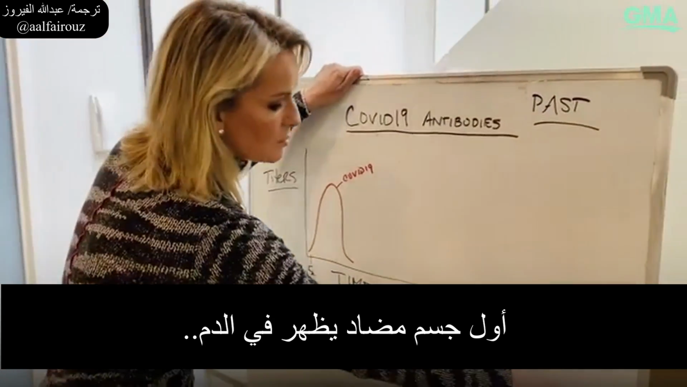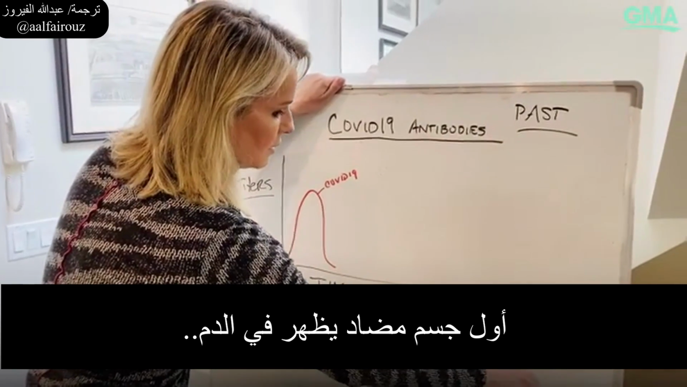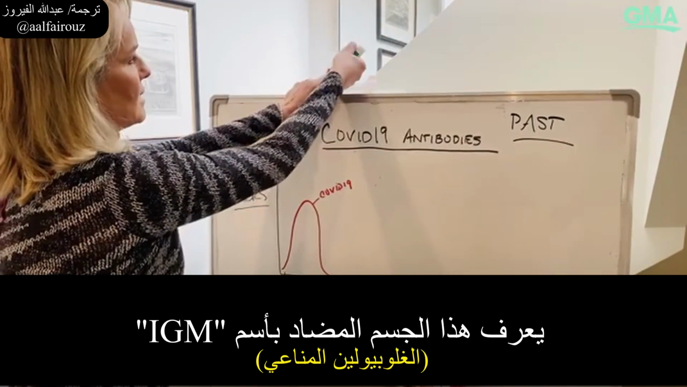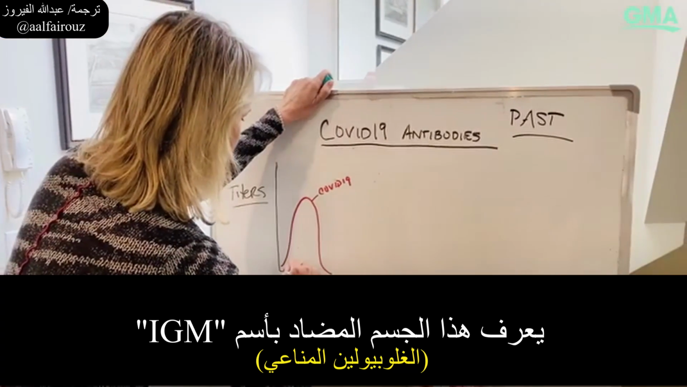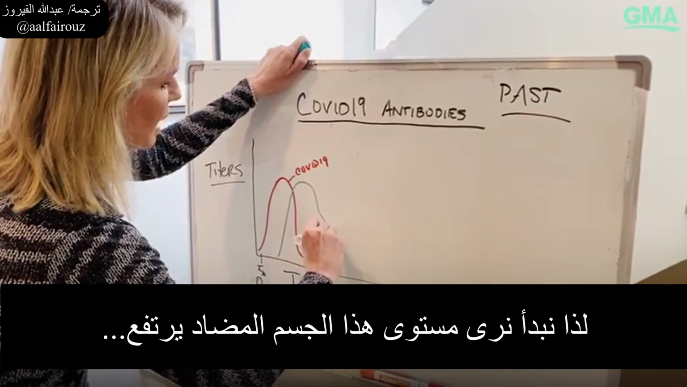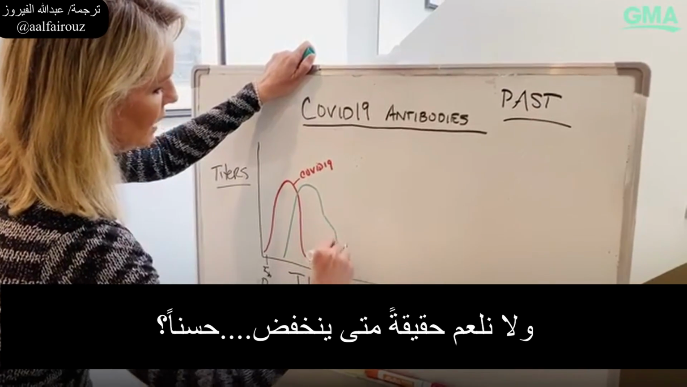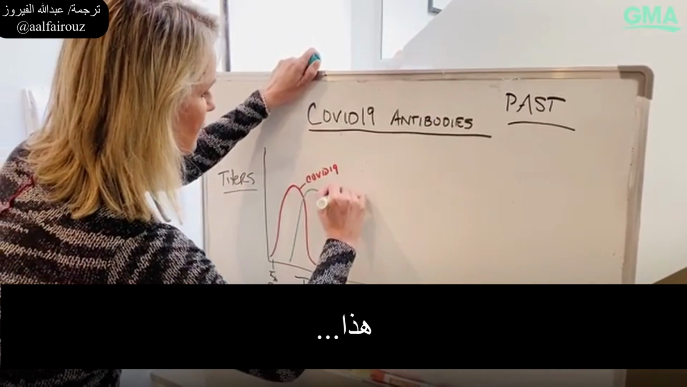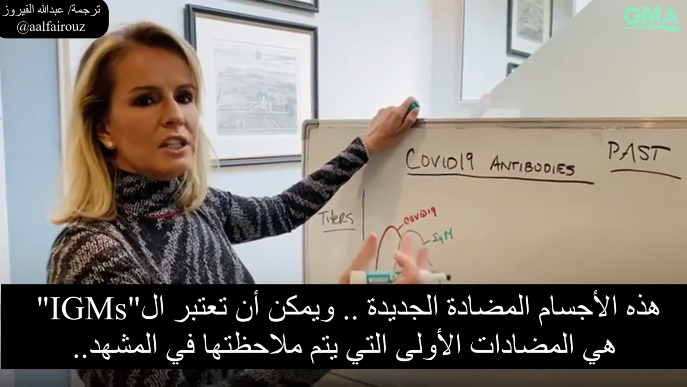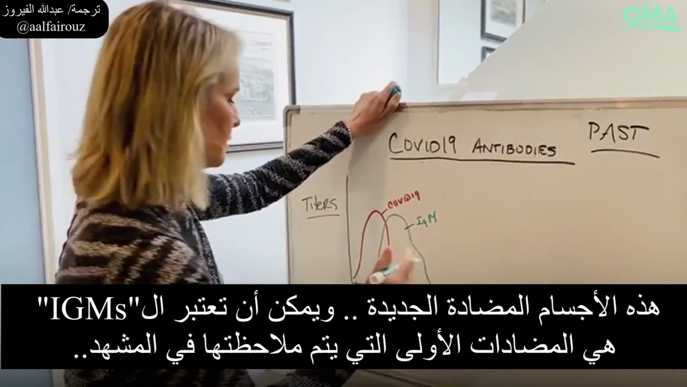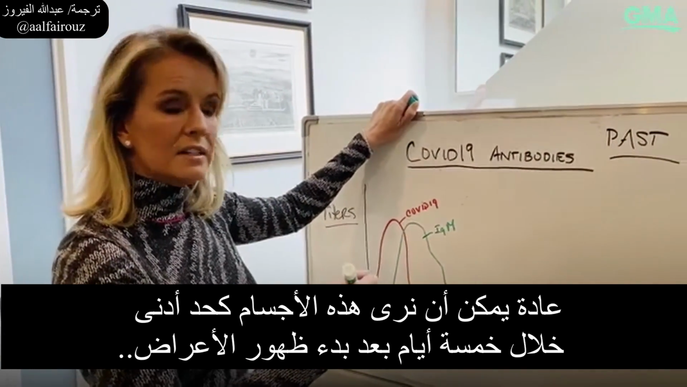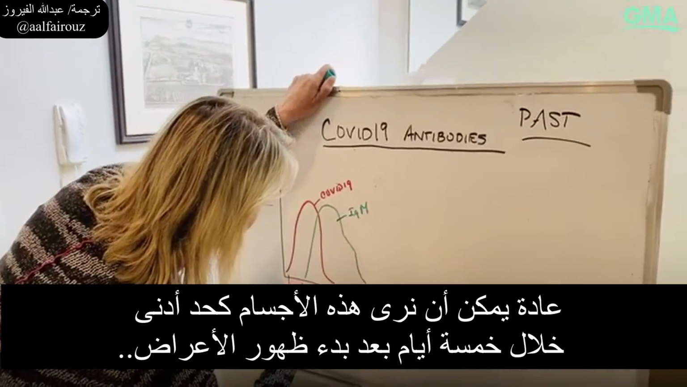The first antibody that appears in our blood, and I'm going to use green, is an antibody known as IgM. So we start to see that antibody level go up, and we don't really know when it comes down, all right? These are the new antibodies. You can think of IgM as the first antibodies on the scene. Typically, we can start to see those as early as 5 days after onset of symptoms,